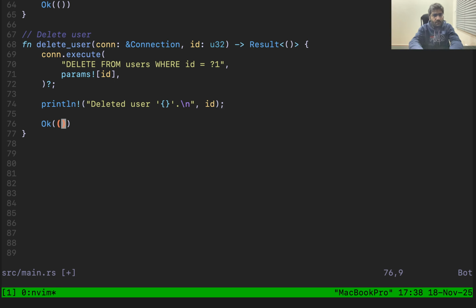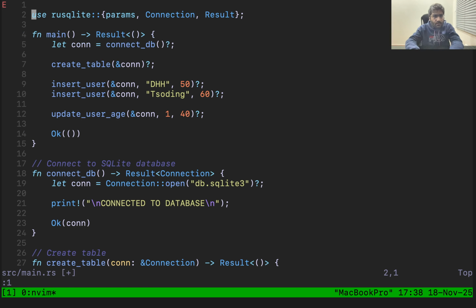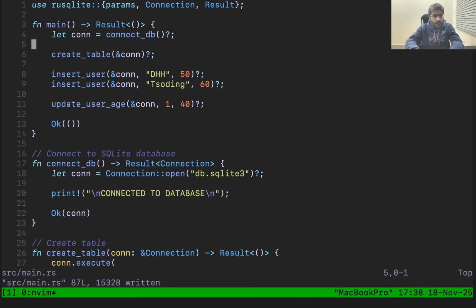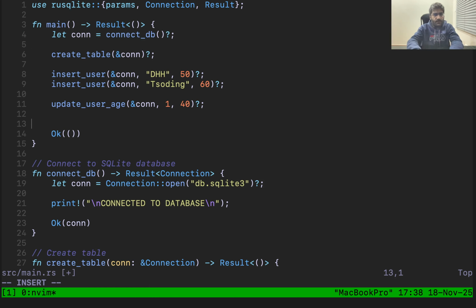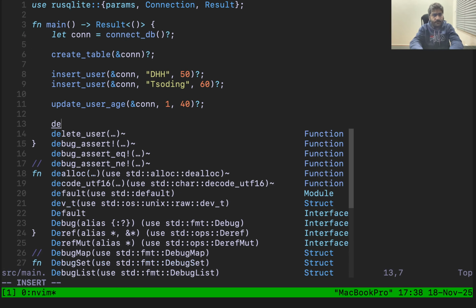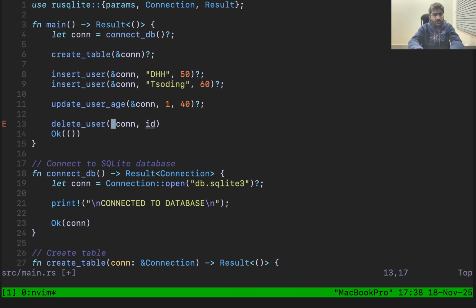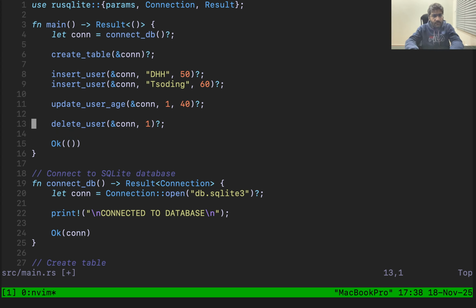So we have updated the user. Now we need to call the delete user. We're just going to pass the connection. I think we should have to delete the user too. Or let's save it. The one will be fine. Okay, so